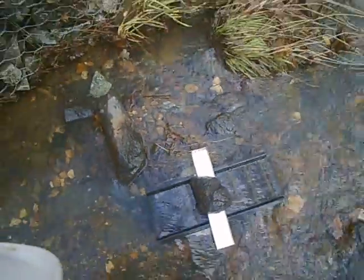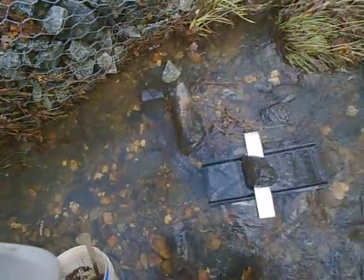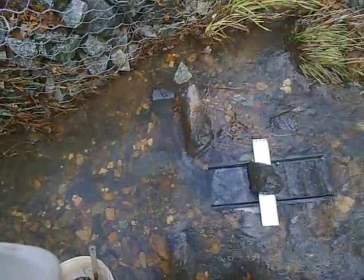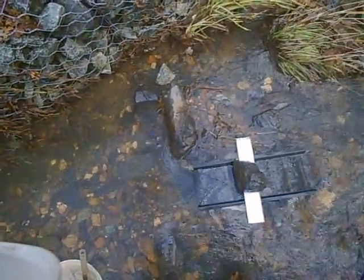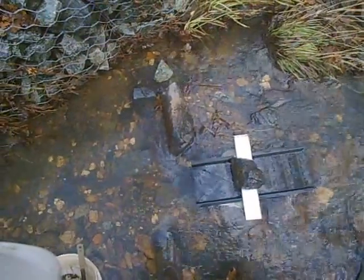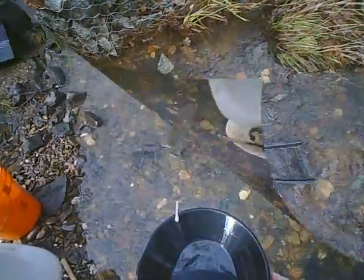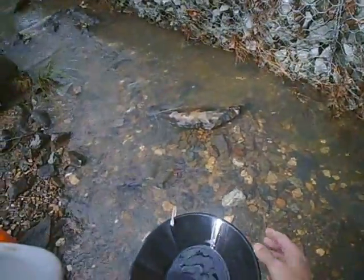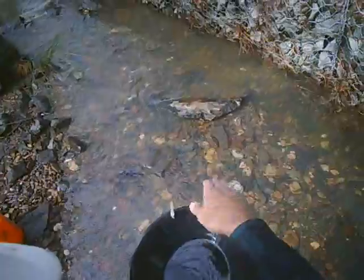And I'm going to go ahead and finish this bucket up. No sense in having you watch the material run through a sluice. That's a little boring. So we'll get back to the video as soon as I do the cleanup on this little drop riffle sluice. Alright, well, I'm about to do the reveal on my cleanup from the drop riffle